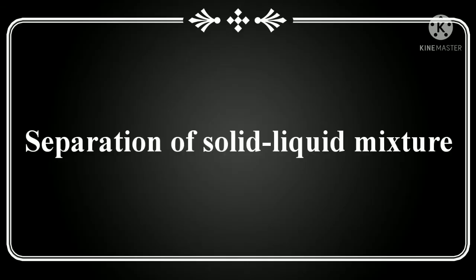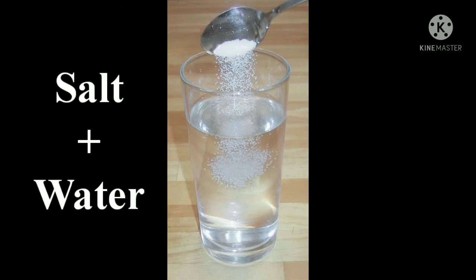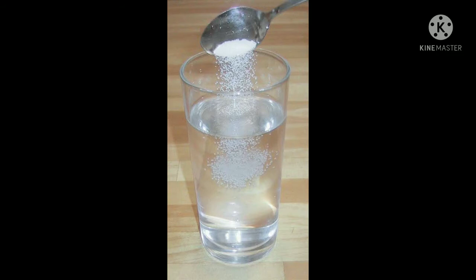Next we will talk about the separation of a solid and liquid mixture. This one was solid, both were solid, common salt and ammonium chloride. Now we will talk about the solid and liquid mixture. Here the first experiment: what is this? Actually there is a glass of water and here is a spoon of salt. So here the solid is common salt, and the liquid is what? Here, the water. So when these two are mixed, this is a solid liquid mixture, we will use